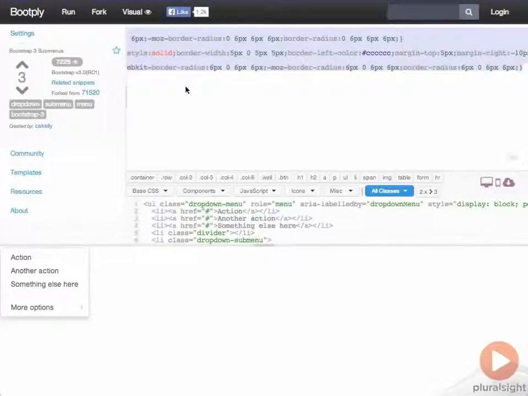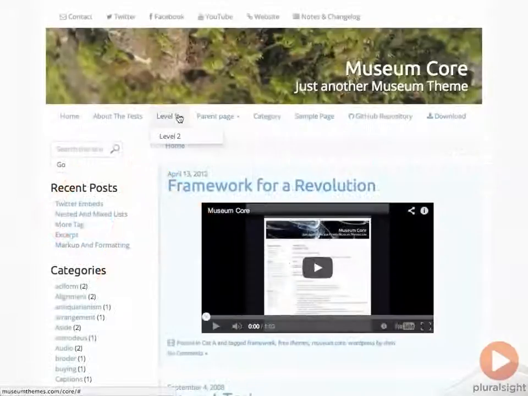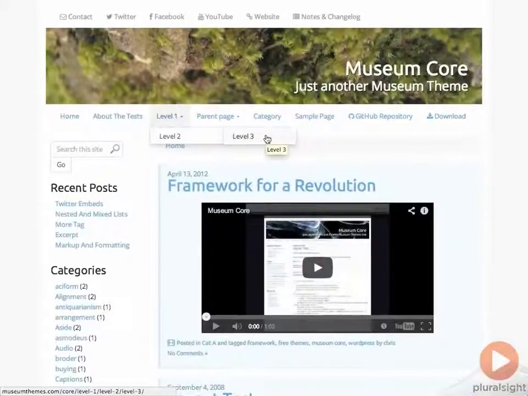of any depth. I will point out that the Bootstrap team pulled this out for a reason. The need for multi-level dropdowns is becoming less and less, and they aren't great on mobile devices. I added this in because my theme is public and I had people specifically requesting this feature. Since multi-level drop-down menus were in the previous version of Museum Core, I felt I should continue to support it